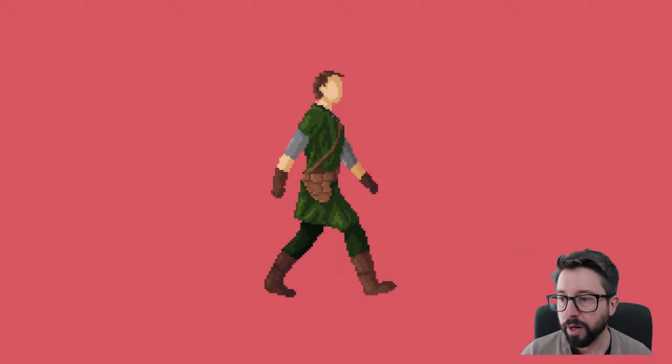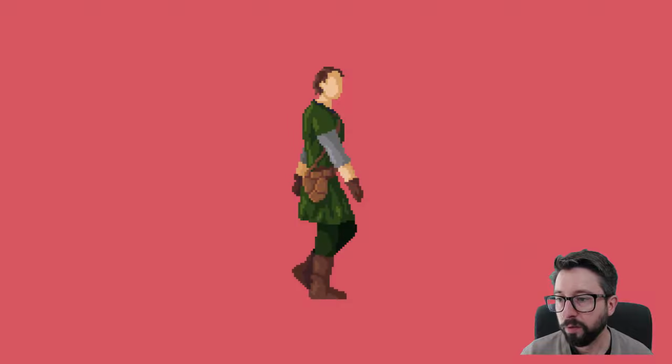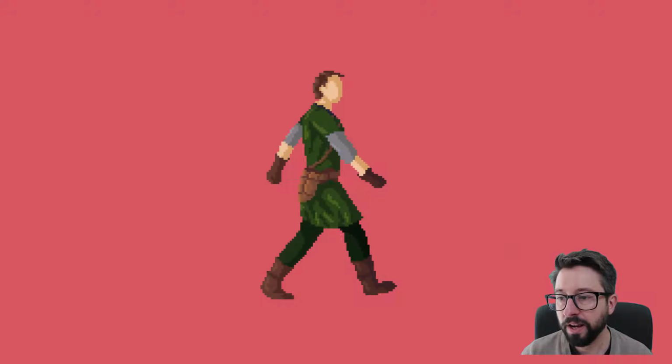So then we have another frame where the front leg has already moved forward and the front arm has already moved backward. So then again we have another frame with both legs and arms close to the character's torso, but with the front leg being in a backward motion and the front arm being in a forward motion. And finally a 4th frame with the front leg having moved backwards and the front arm having moved forward.